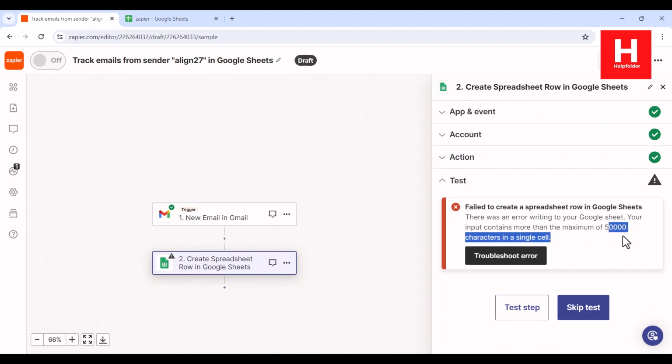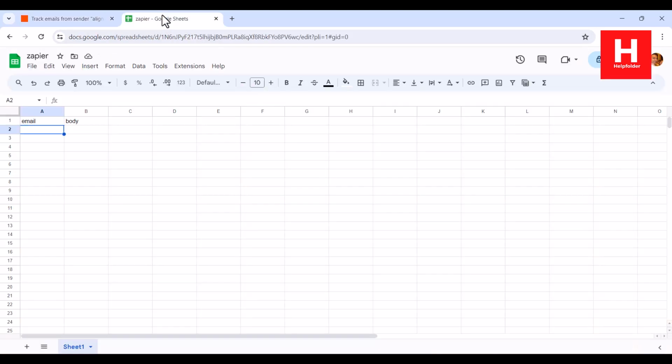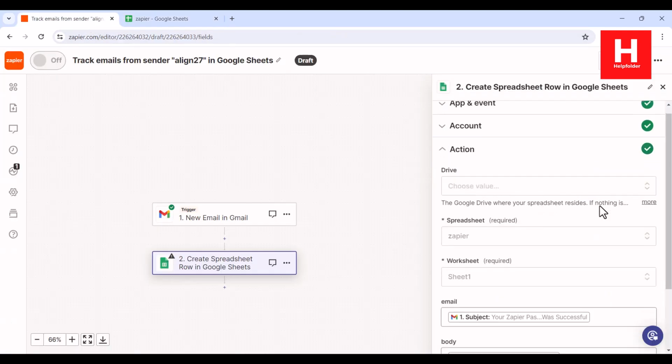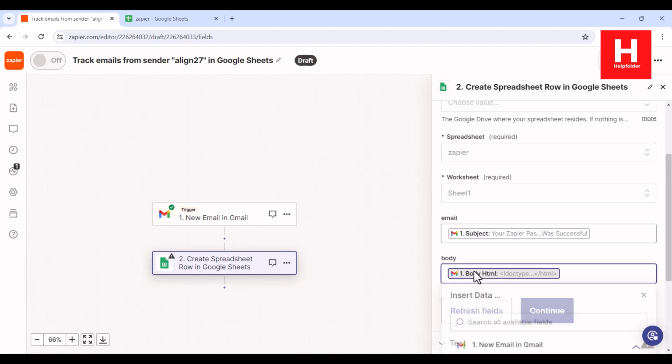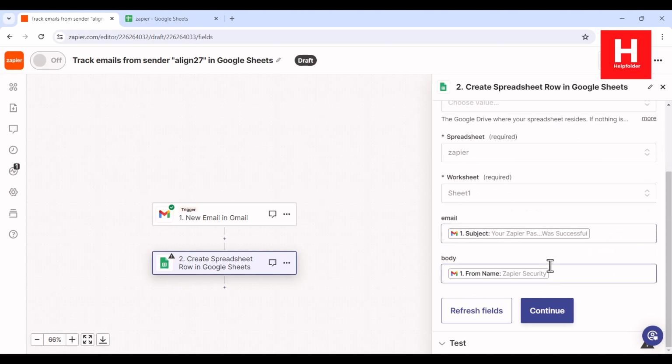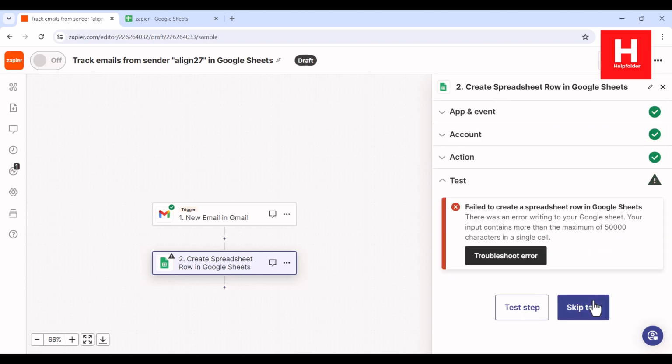There's a maximum of 50,000 characters in a single cell. So let's see if we can add anything else to this, right? So we will just replace this with from name, right, and with subject, and then we will test this,